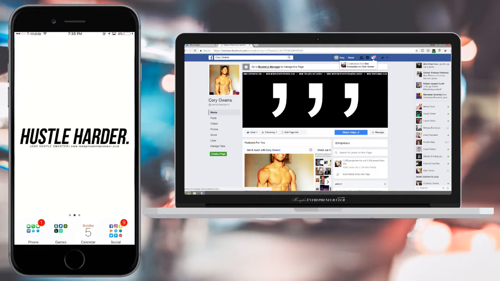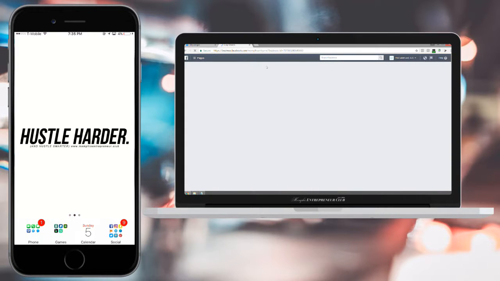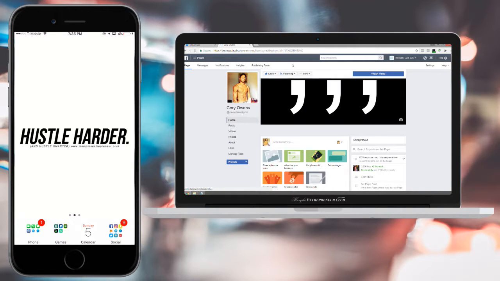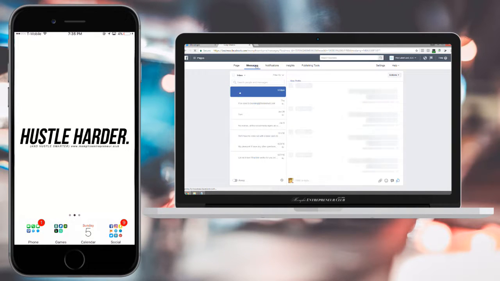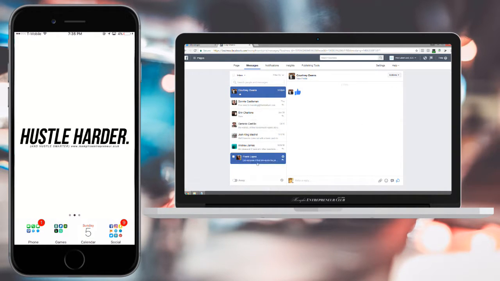If you don't have Business Manager set up, you should be on the editing portion of your page by default. Because I have Business Manager set up, I'll have messages over here in the top, and I'll be able to click this to find my Messenger code for this particular page. What I'm going to do is go over to messages, and at the bottom we have this information icon. If you hover over it, it should say View Response Assistant and Messenger Code. I'm going to click on this,